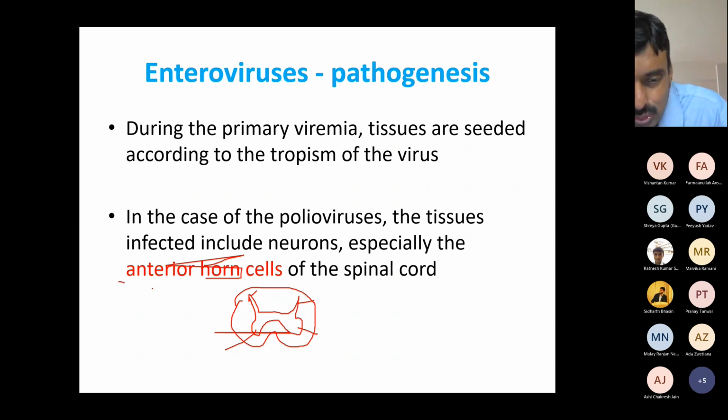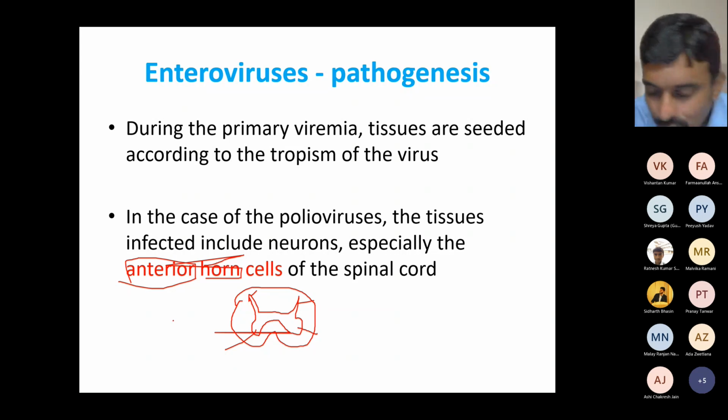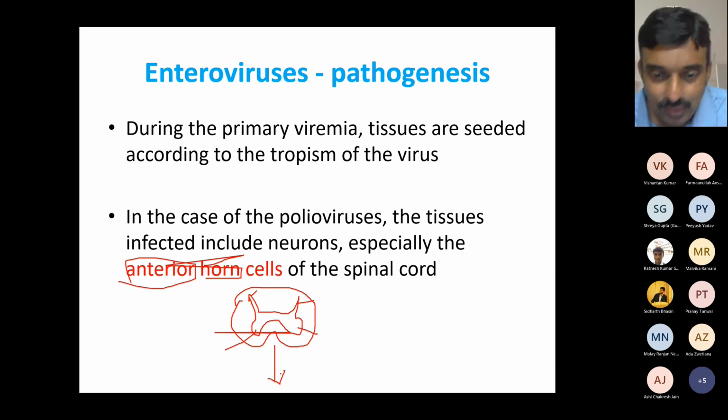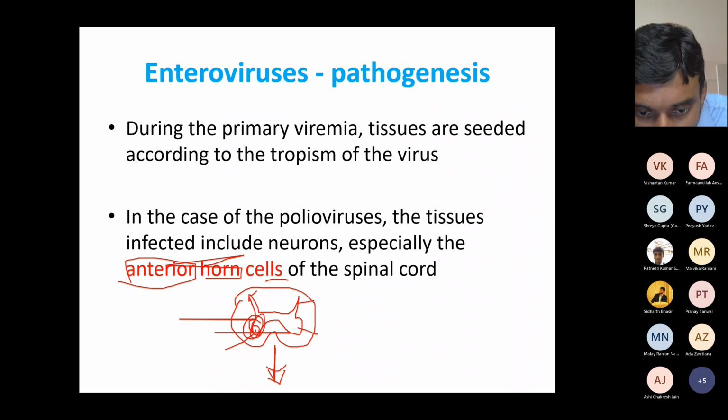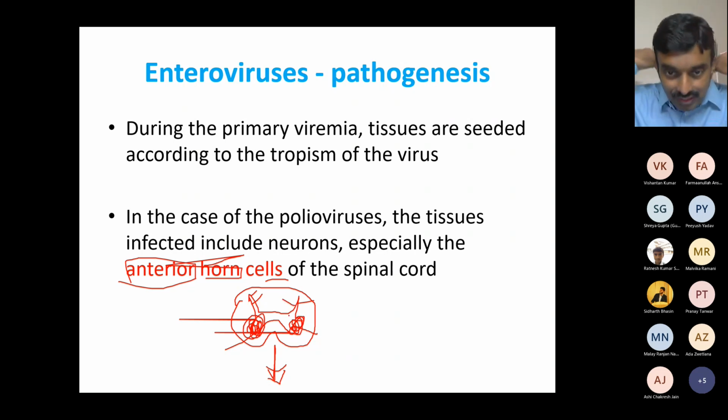And I'll introduce a small bit of anatomy that many of you may already know. So let's assume that the person is facing this side, okay? Head and eyes facing this side. This is his back side. And you're just looking at a cross section of his spinal cord. Because this is the front side or the anterior side, these horns right here, what I'm circling here and here, are called anterior horns, and these thinner ones at the other end are called posterior horns because they are at the back side of the body or back side of the cross section.